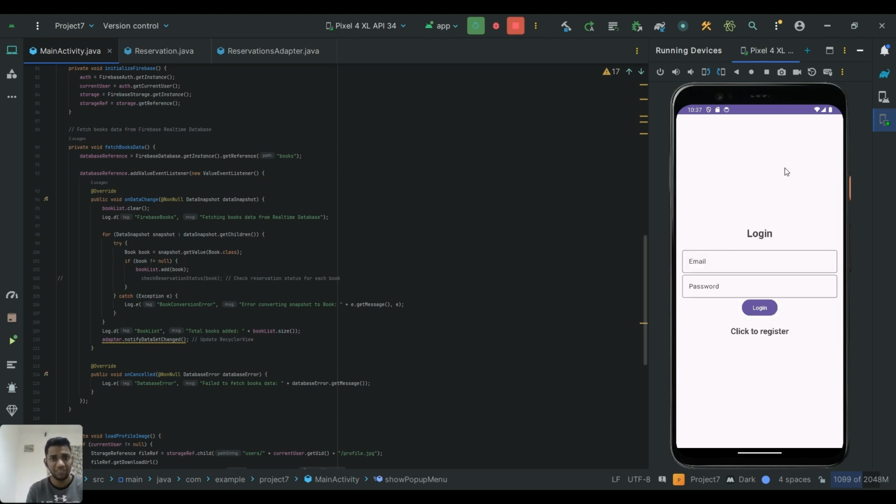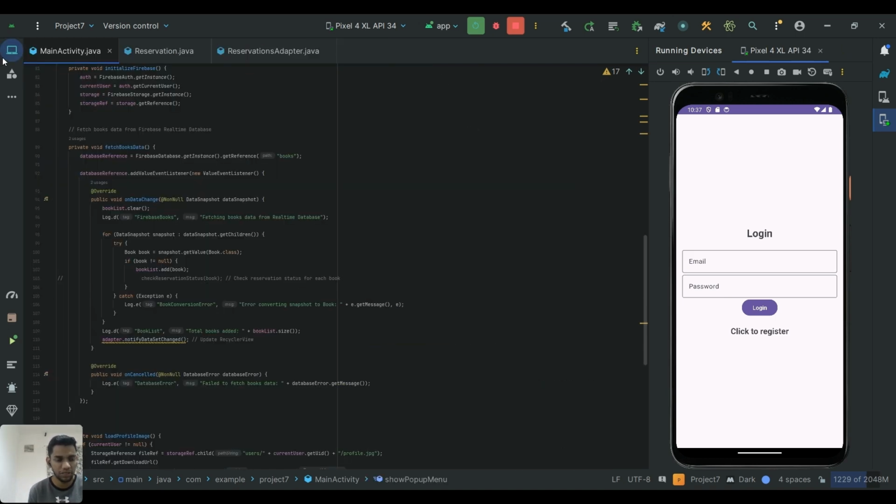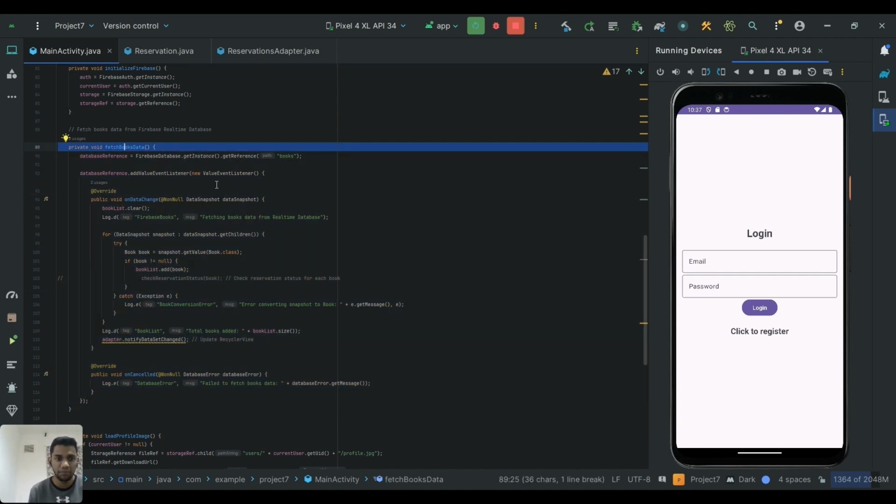So this is a full-fledged application which I have done, and it was a very complex task. This is the overall code, where the login, registration, and reservation components are the pages I built. Here is the Java code where I'm fetching the book data from our database according to our